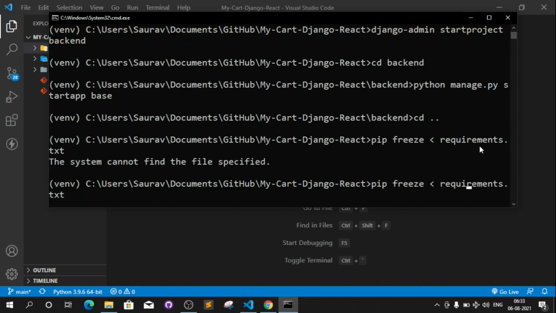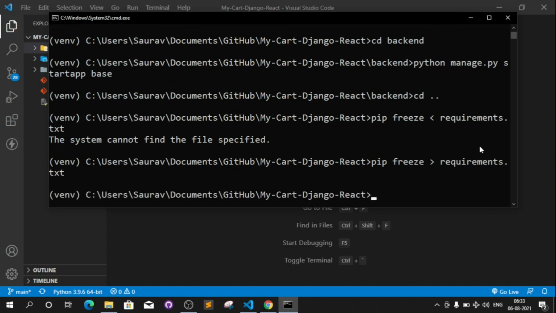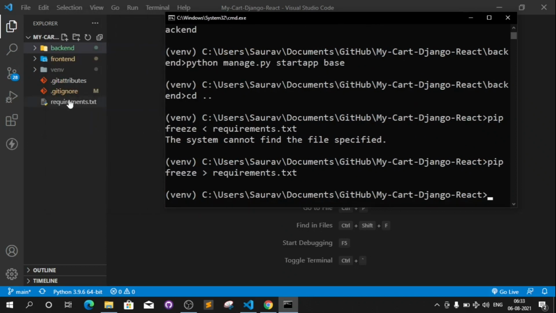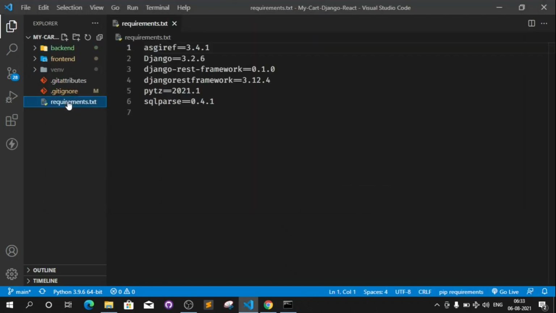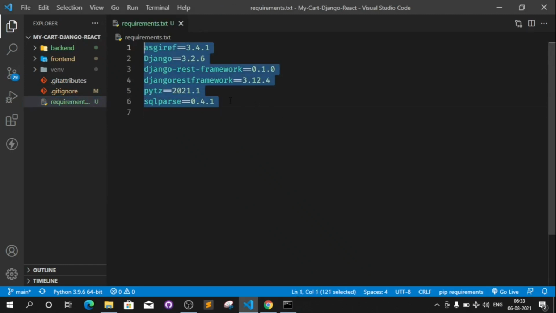Okay, pip freeze. So by running this command, you can see a file has appeared here, requirements.txt, and it contains all the packages that I have used in our project.